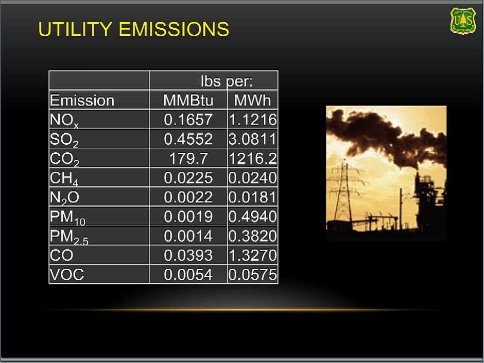You can see carbon dioxide, which is the dominant greenhouse gas, is the dominant emission. But you also have emissions of sulfur from power plants and from burning of the fuels, nitrogen oxides, methane, nitrous oxide, particulate matter, carbon monoxide, and VOCs. So by reducing our energy use, it's not only conserving, reducing or avoiding the emissions of carbon, we're avoiding the emissions of other pollutants in the first place. Again, we're reducing that pipe that's coming into the box of having less emissions in the first place. So planting trees can increase the amount of pollution that's being removed, and if we do it smart, we can also reduce the amount of pollution that's being emitted in the first place.